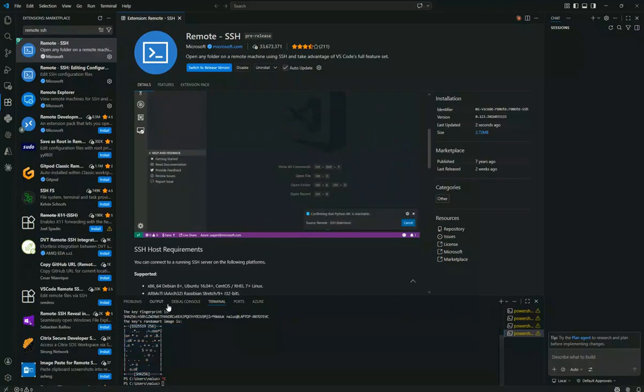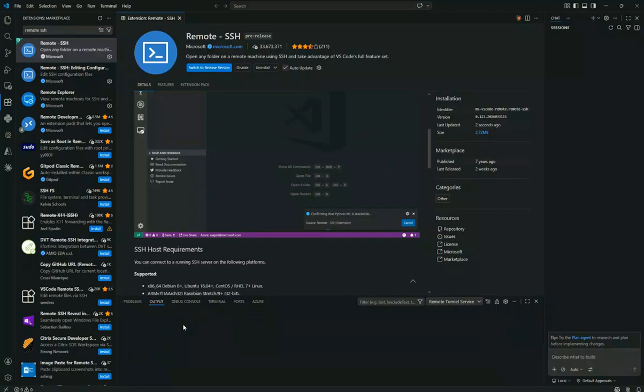You can verify the connection by checking the status bar at the bottom left, which should indicate you're connected to a remote host. This setup allows you to use all of VS Code's powerful features like IntelliSense, debugging, and extensions on your remote projects. This is especially useful for development work that requires heavy processing power or specific environments that